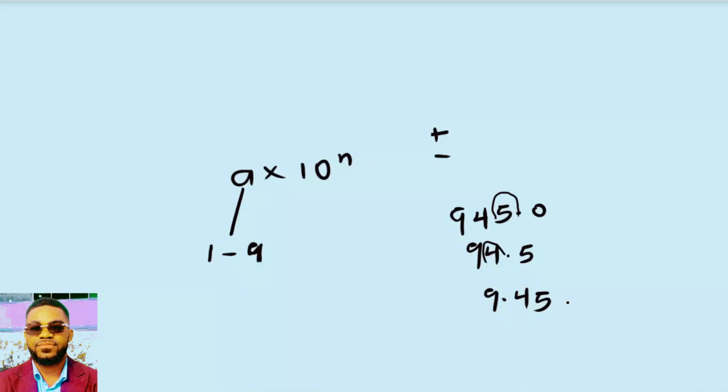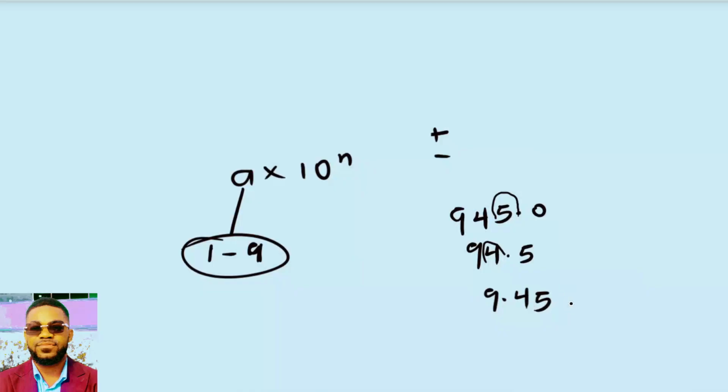And this 9.45 falls within this range. So that means getting the a is all about moving the decimal point in such a way that we get a number which falls within this range, 1 to 9. That is for the a. Now, the question is